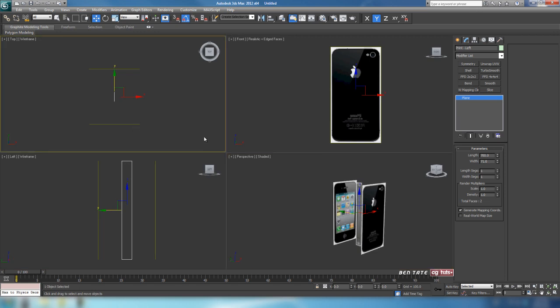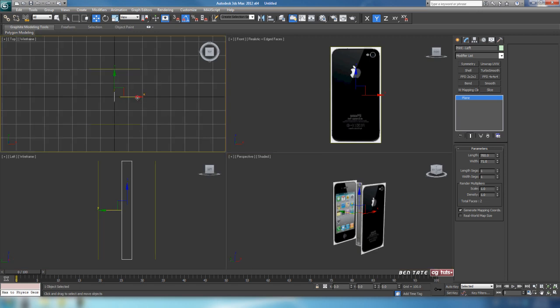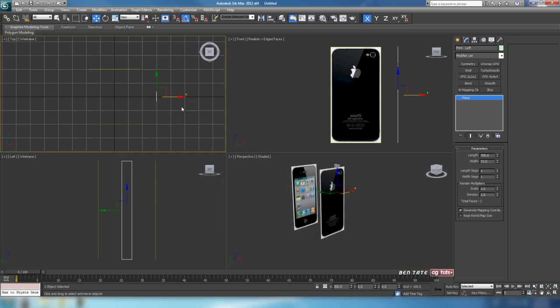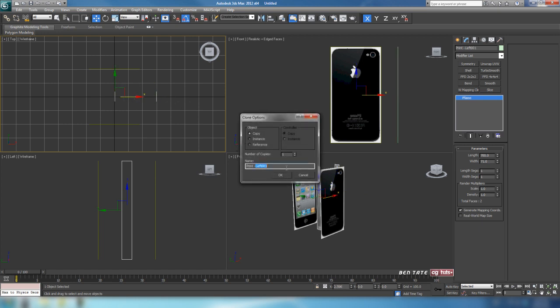Alright, looking pretty good there, so let's just move it a little bit away from center here. And we'll just pull it over. I'm just going to type this in just to be a little more precise. Let's do maybe like 300. Okay, and the right side image will be the exact same size as this plane, so we can just clone it once again. Alright, so just shift drag that over, choose copy, name it print right, hit OK, we'll zero it out here,